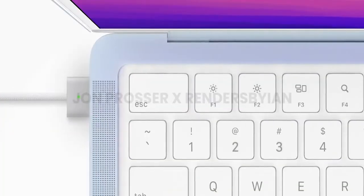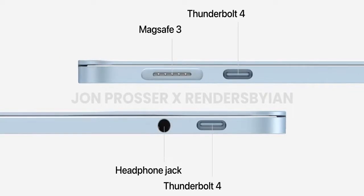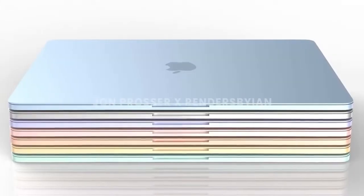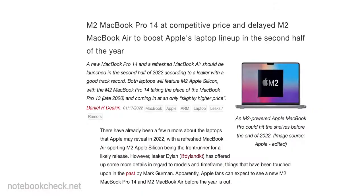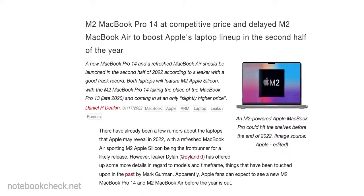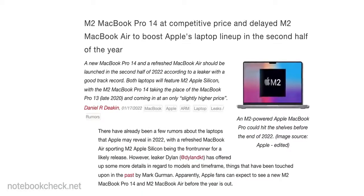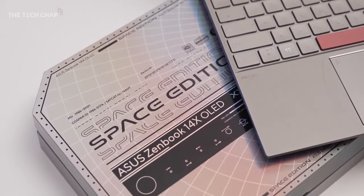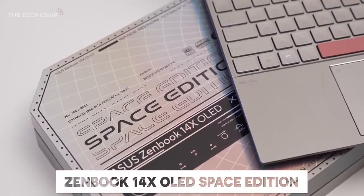Considering we are seeing new Asus VivoBooks and ZenBooks and Dell XPSs with gorgeous OLED screens, 4K resolutions, the latest processors, I am very excited to see how Apple can compete and what they can do with the MacBook Air, so fingers crossed. Speaking of ZenBooks though, and while this is the third Asus laptop I'm featuring in this video,